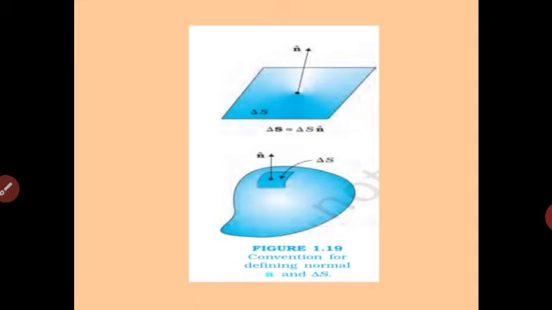When we consider the surface in the second diagram, it's an irregular shaped surface. A small area element is considered. The area vector n cap is acting perpendicular outward. If we have this object charged with positive charges, then the electric field will also be acting outward, and in that case the angle alpha will be 0. This is what we mean by angle alpha equal to 0, and that will make flux the maximum value, that is E ds. This is all about electric flux.